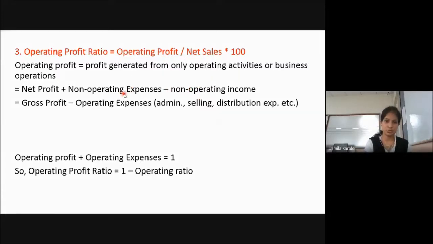Expenses which you have charged to profit and loss account, but which are not business related expenses. Because of that, your profit has reduced, so we are adding it back, being expenses not related with business. And by showing some other income, your profit has increased. So actually that is not business related income, so we are minusing it from that profit. That's how you'll get operating profit.